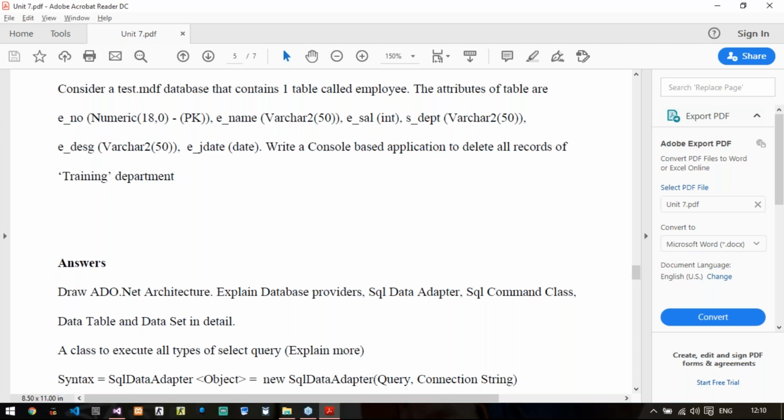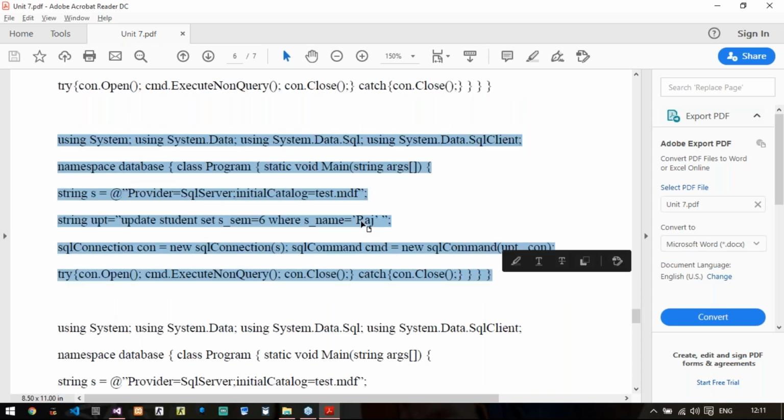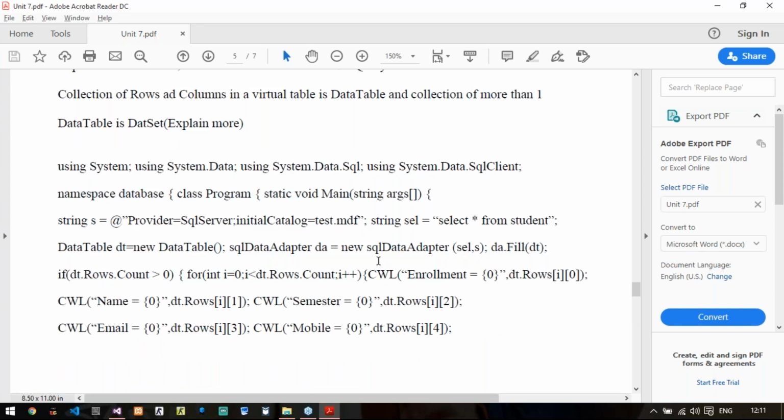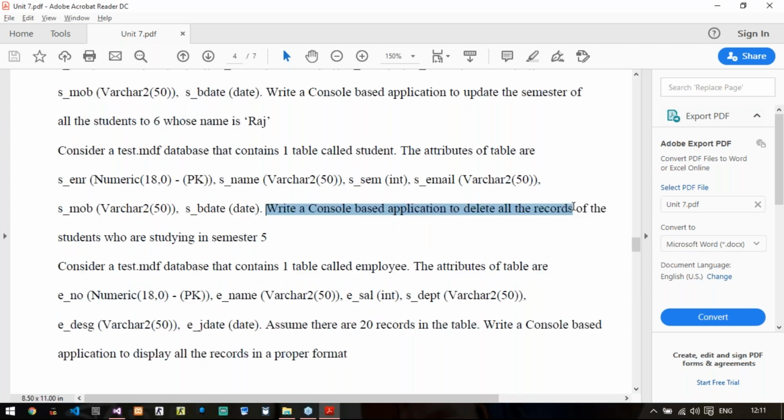So for that, write a console-based application to delete all the records of the students who are studying in semester 5. So let us go back to our database. Let us say we have 2 rows in which semester is 5.